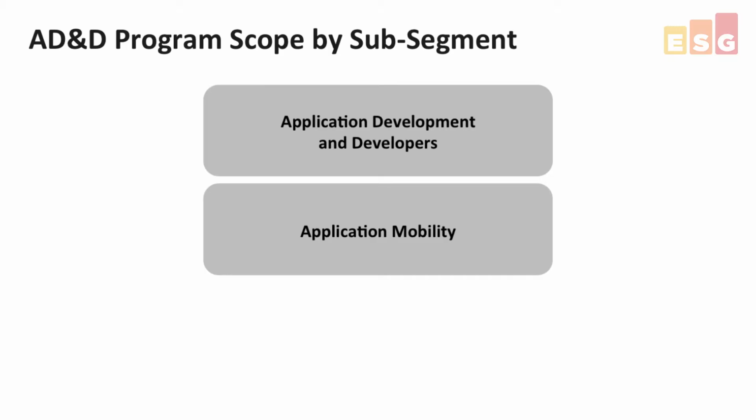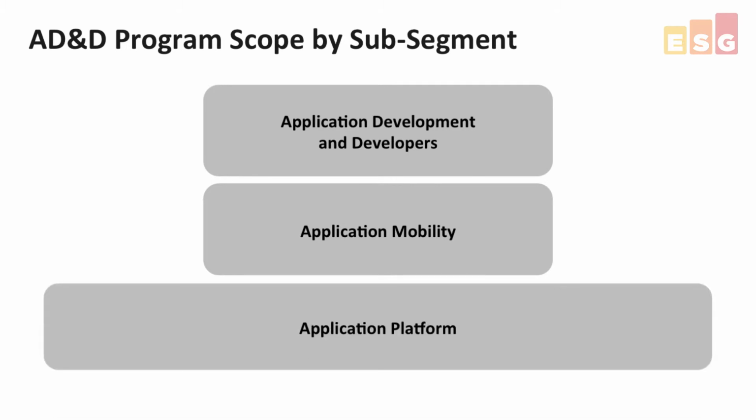A discussion of application mobility also means that you have to have a conversation about the application platform, which is shown at the bottom of the diagram. Our research here will focus on what runtime services are needed by developers to develop applications and deploy them. Every vendor today has their own perspective on what constitutes an effective platform. So our agenda will be to understand what current and future features are most important to support business needs.